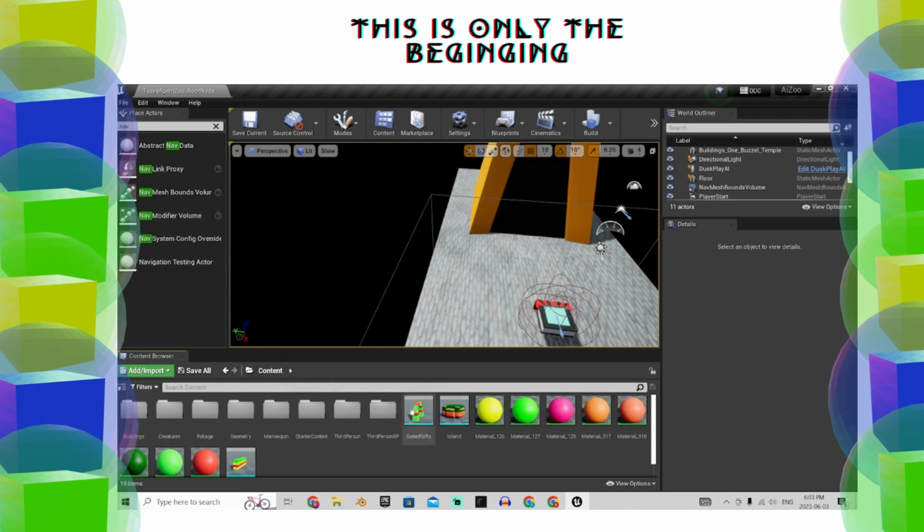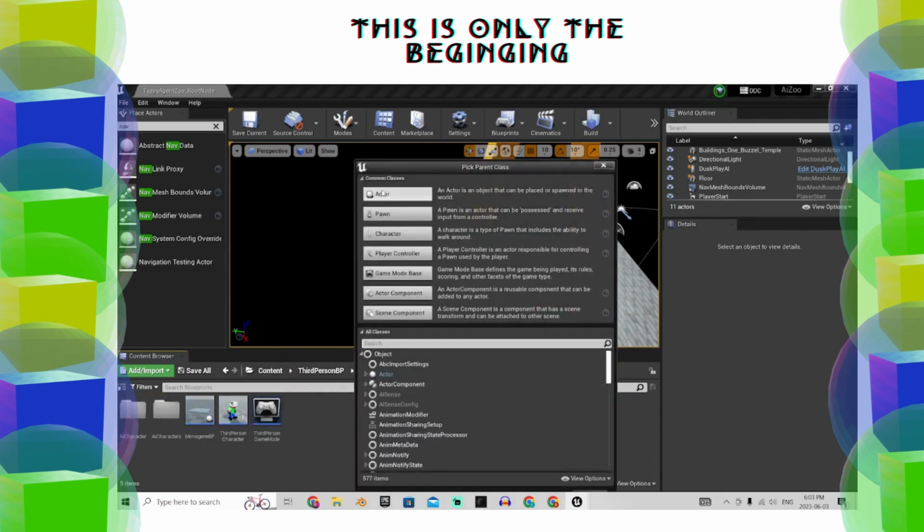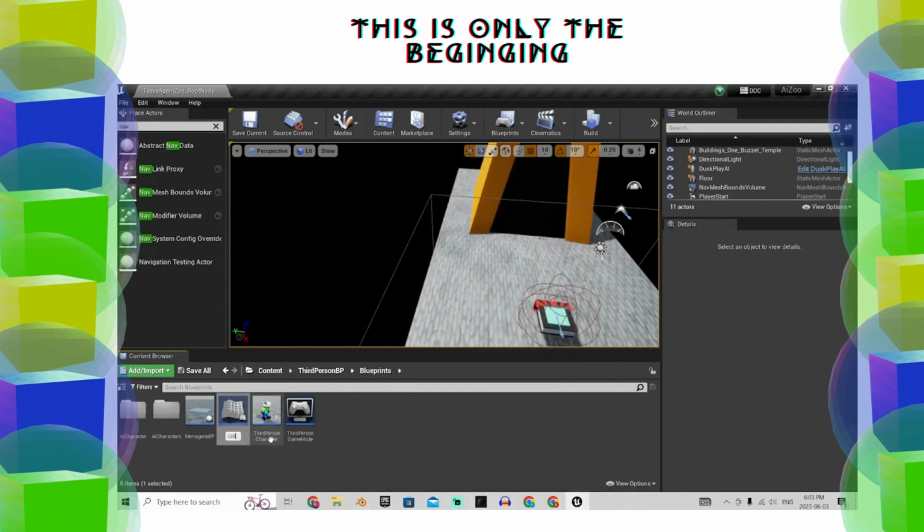Third person, what the fuck? Okay, well I guess I'll just do it then. Okay, so we're going to quickly make a quick little level transfer,